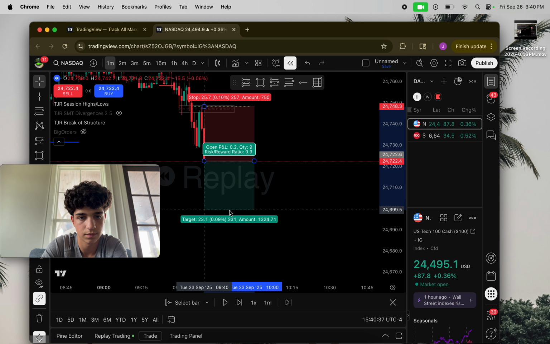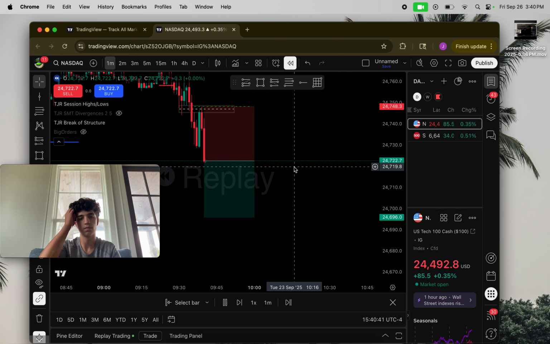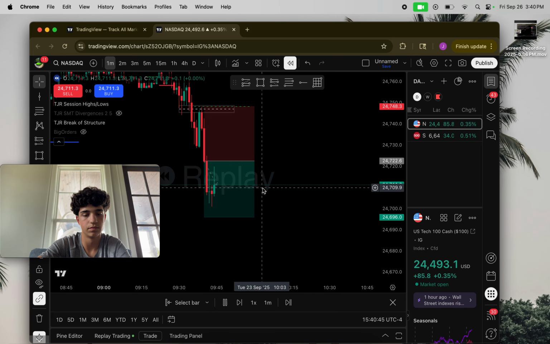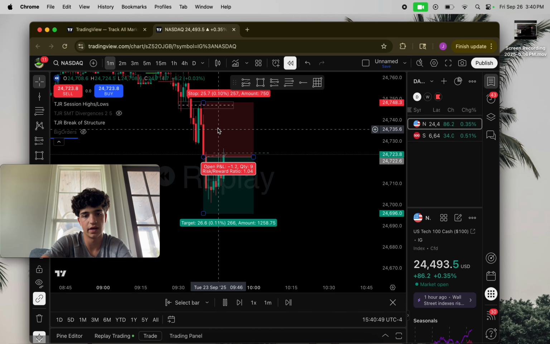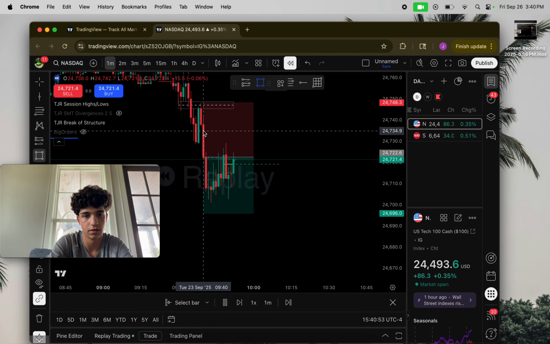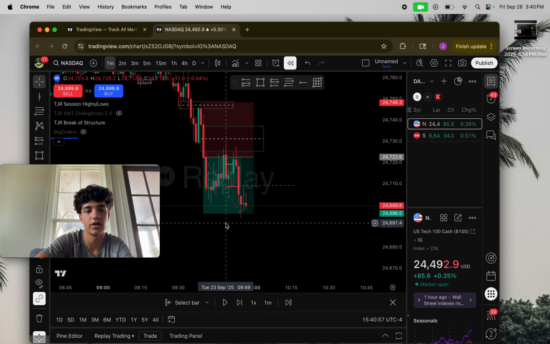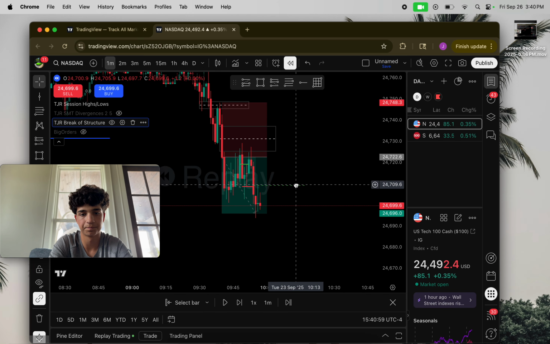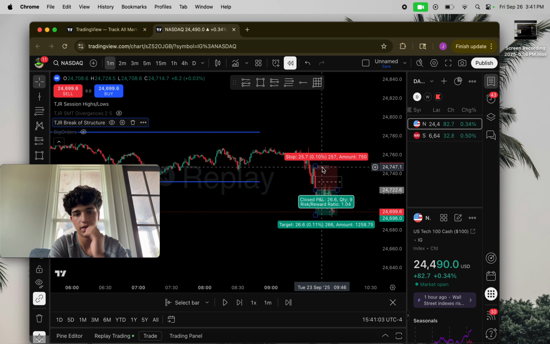1-to-1. Trade just plays out beautifully. I mean, chop is okay. As you guys can see, we're retesting a 1 minute fair value gap again, right here. Retest that, boom. Trade one. So yeah, it's really simple, and